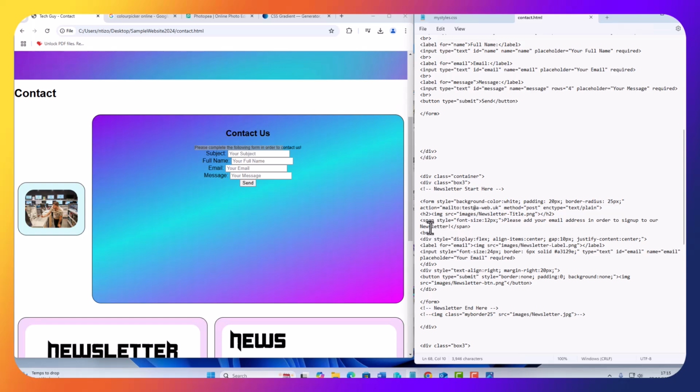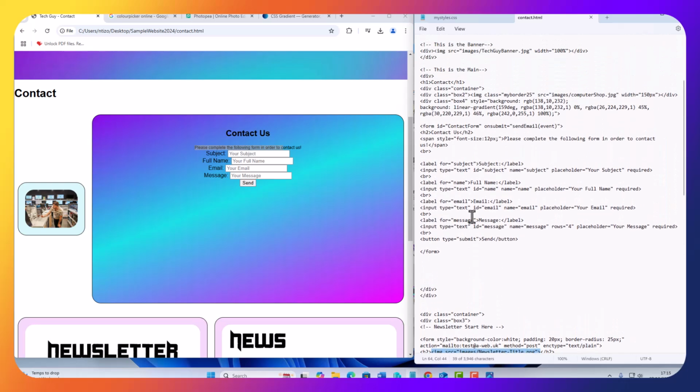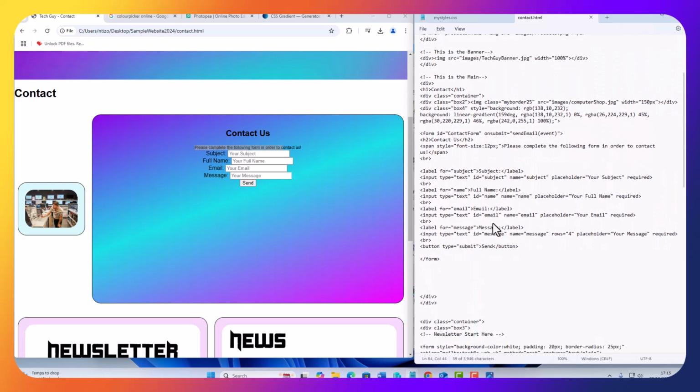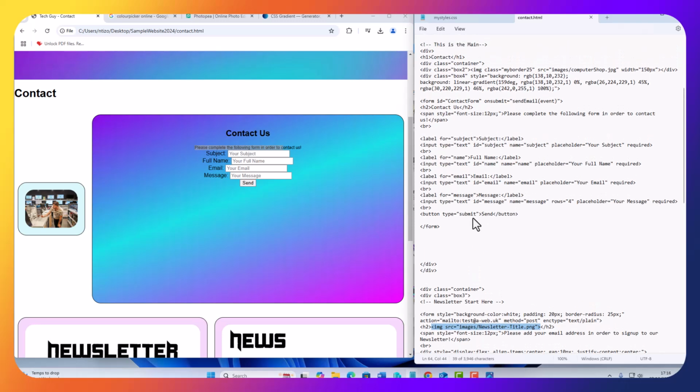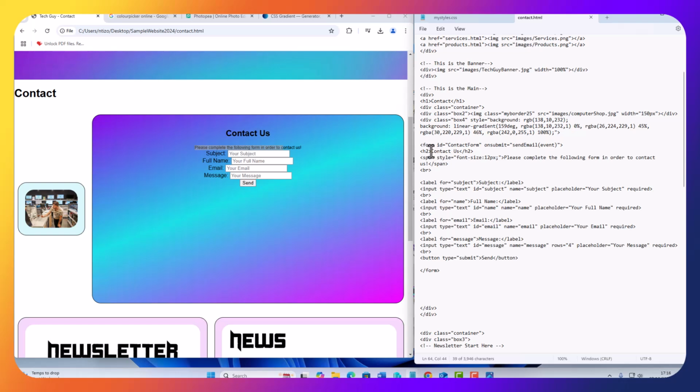And we have the header. Let's get the header to image. So Control C to copy. And again, you can type it manually, or you can refer back to my previous video tutorial for the newsletter. So I'm going to go to the header2 tag now. I'm going to replace the contactos text with,